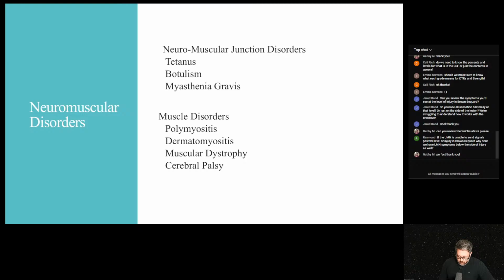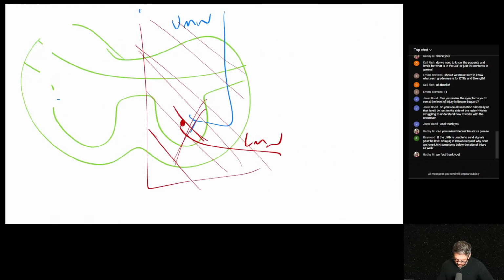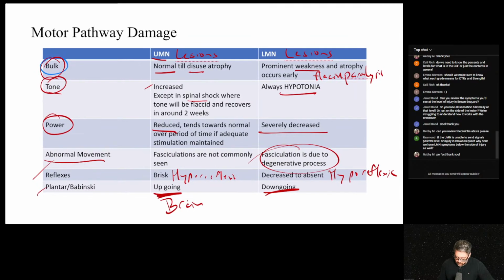Where's the slide? That's over here. Because the lower motor neuron is still there, it still works. Upper motor neuron just can't tell it what to do. But DTRs,